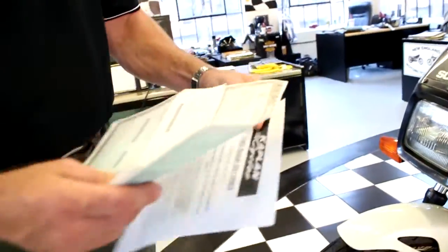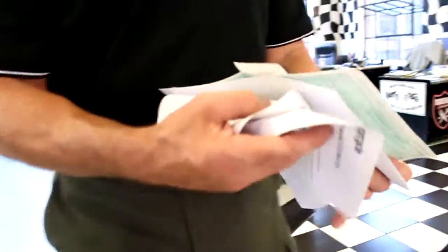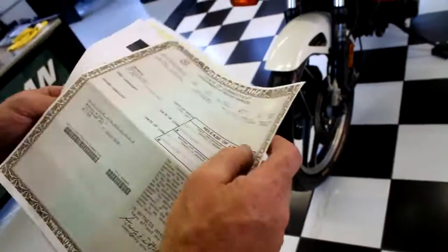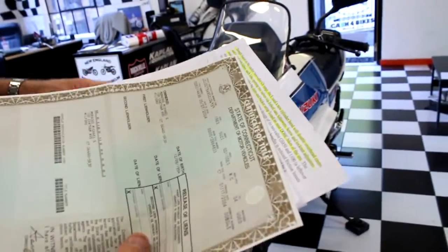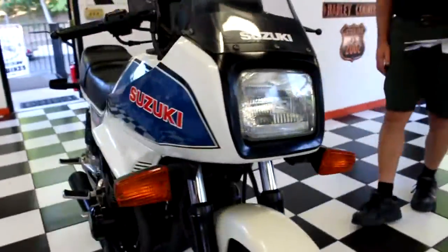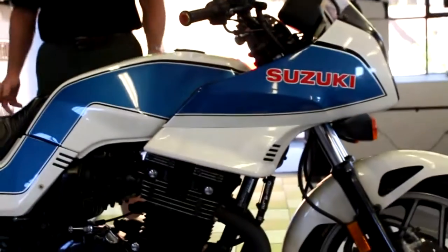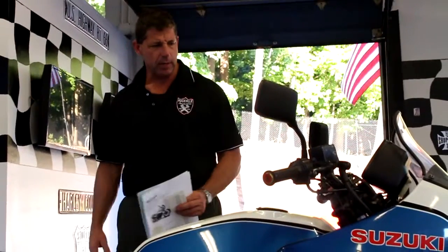I also have full documentation on the bike. I've got the title right here, and I also have the previous registration in hand, signed over. So get the title, registration, and pretty much any information you want about the bike, give us a call, 860-454-7024. If you would like to come take a look at it, if you want to have someone else evaluate it, we're here 6 days a week, 9 to 6, Monday through Friday. Give us a call,